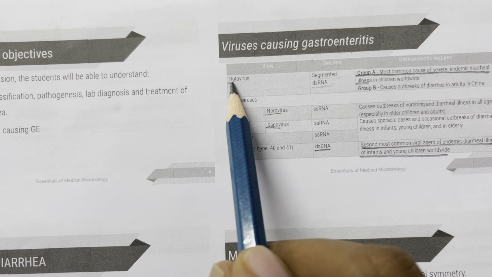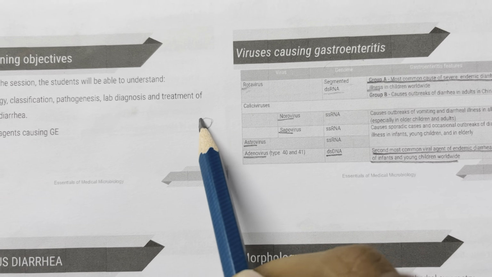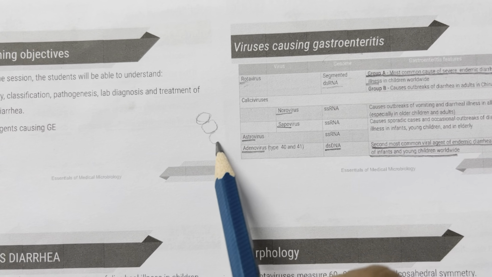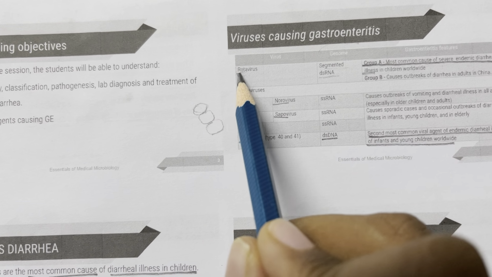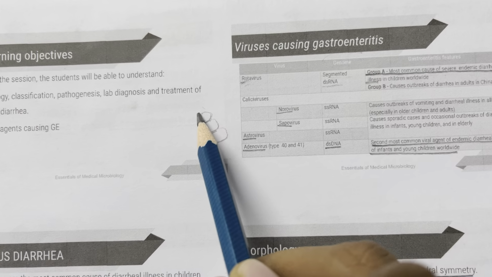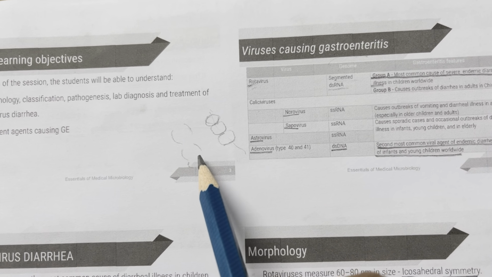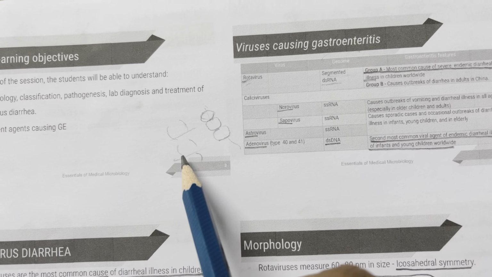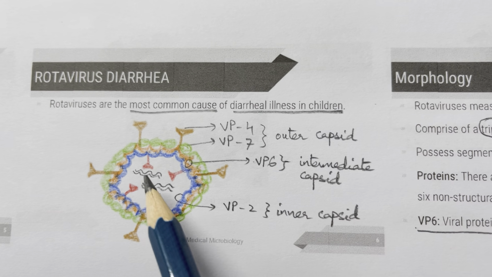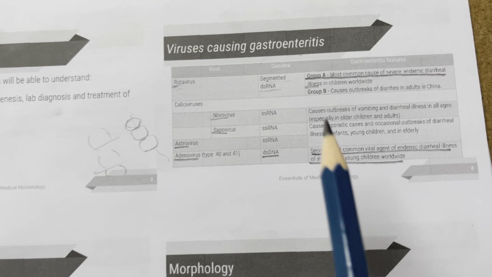So rota, R for rota, it's like roti, right? So it's round, and if you keep doing it like this, you have segmentations. So segmentations, and it is an RNA virus, so RNA. But if you cut this into two, you have like this, right? So it is a segmented RNA virus, but it is double stranded. So that is how you have it in the picture. So you have 11 segments of RNA approximately, which are double stranded.